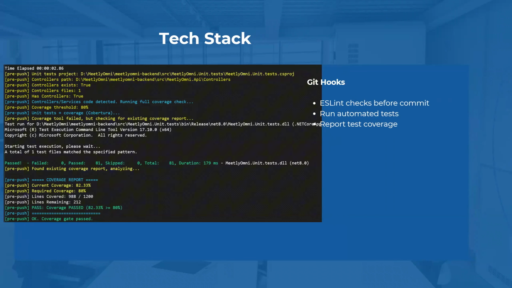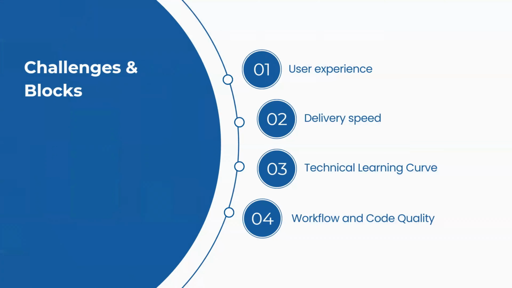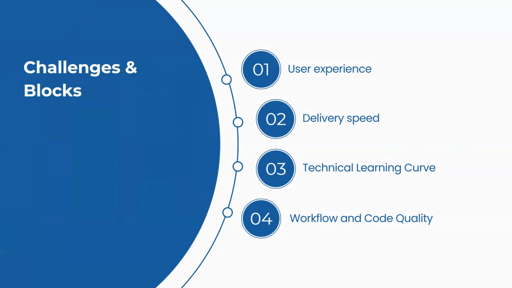And next is about our challenges. First, from a user experience perspective, our basic authentication flow is functioning, but there are still small issues in the registration and login process. This needs further polishing to deliver a smoother and more consistent interaction for users. And second, in terms of delivery, our development speed has been slower than expected. Some tasks were not finished within the sprint, and the delivery of the authentication feature was delayed, which affected the